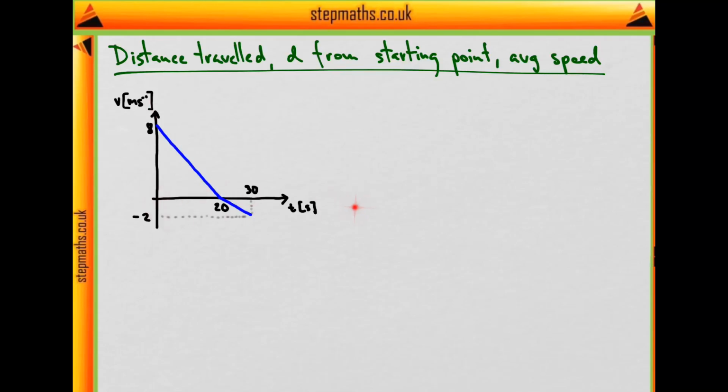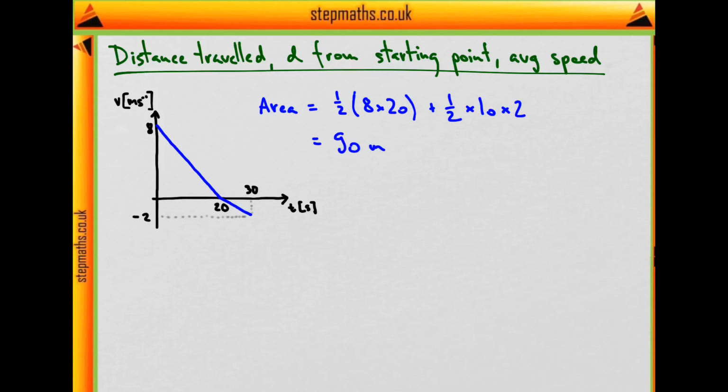Well, for a VT graph, the total distance travelled will be just the area under this graph, and that is always taken as positive. So this object goes in one direction and then back, but we calculate both of them as positive for the total distance travelled. The distance the car would show, or the passengers in the car would measure. And that area is 1/2 for a triangle, 8 times 20, the two sides of the first, bigger triangle. And then for the smaller triangle, 1/2 times 10 times 2, which equals 80 plus 10 is 90